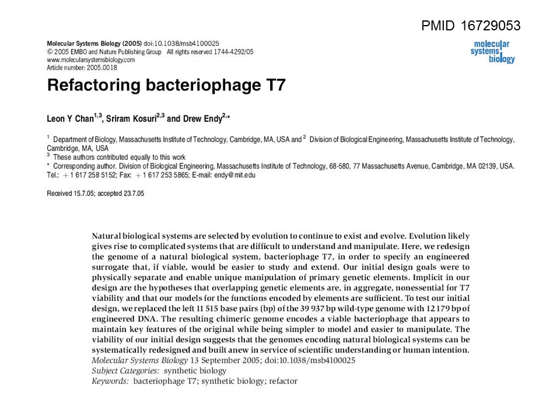Refactoring involves rewriting a natural genetic sequence for various purposes. Often the goal is to transfer processes from one organism to another, but in other cases the goal is more subtle. In this study, Andy and co-workers rewrite the T7 phage genome to have well-defined gene boundaries amenable to BioBrick-style cloning methods. It was the first introduction to the idea of rewriting a genetic circuit to make it more engineerable